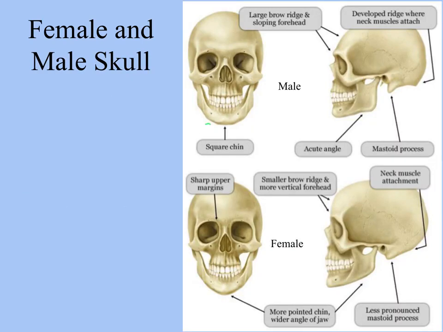With males, you'll see more of a square chin, whereas the female chin will be more pointy. Males will have a more prominent ridge in their brow, whereas females will have a more flat brow. And you'll even see that the mastoid process of a male tends to be more pointy than the mastoid process of the female, and that would be due to a difference in the mass of muscle that's attached to it. And there are a few other differences that you can pick out in this particular slide, but be aware that there are,